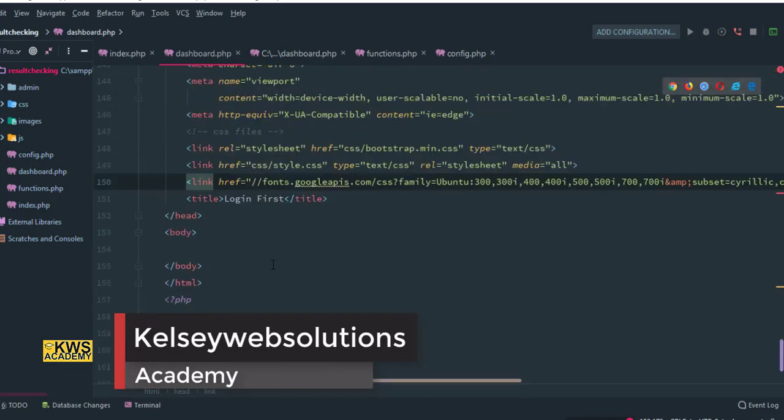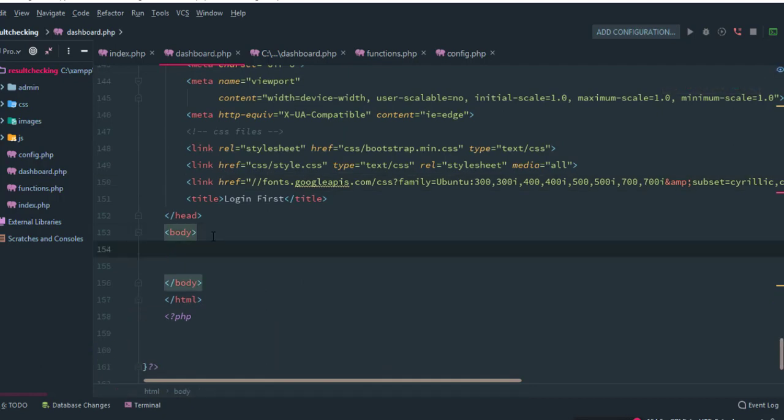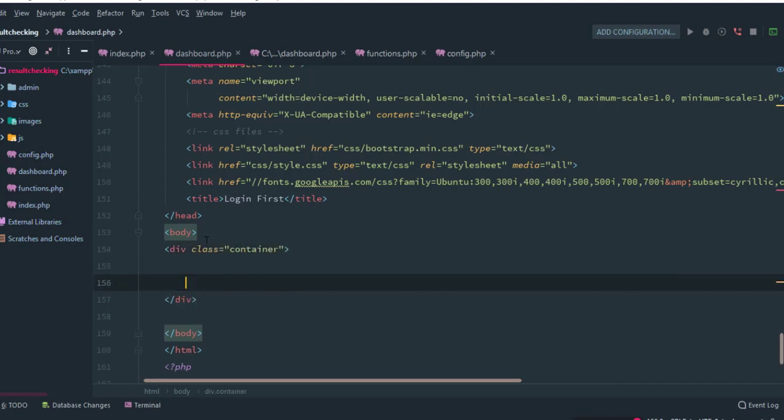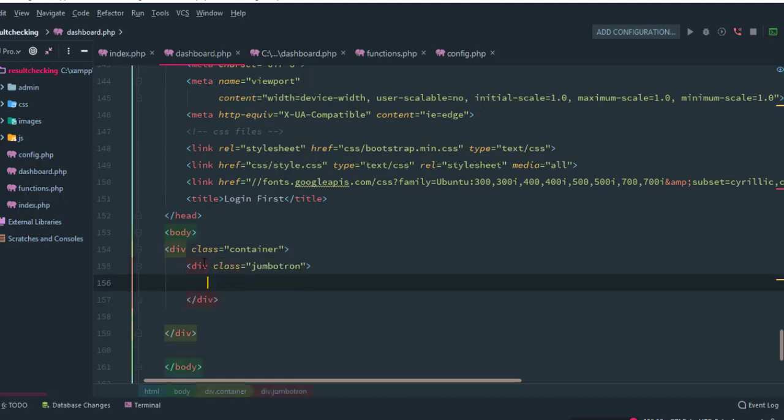So inside this body, I'm going to create a div with a class of container. Then I'm also going to create another div here with a class of jumbotron. So you can actually style this any way you want. Then inside jumbotron I'm going to create an h1, and I'm going to give it